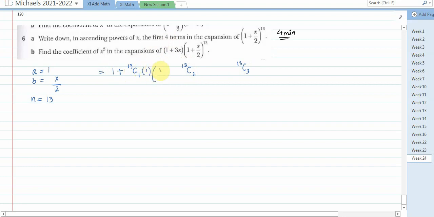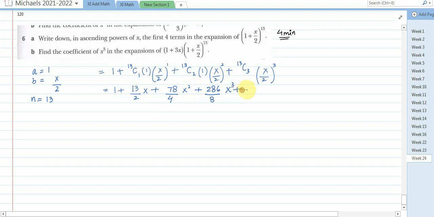So I am just writing 1. And b is what? x/2 to the power 1, plus n combination 2, b is x/2 to the power 2, and then x/2 to the power 3. Alright, now we can simplify it easily. 13 combination 1 is 13, so that will be 13/2 x, plus 13 combination 2, it's 78. 78 divided by 2 square is 4, x square, plus 13 combination 3, it's 286 divided by 8, and x cube, plus